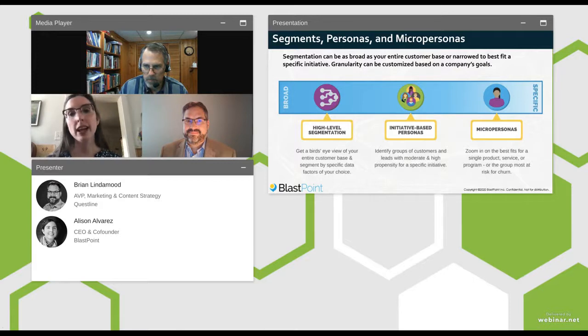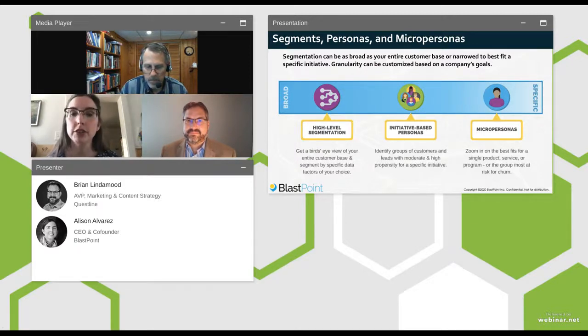So, we're looking at things in the big sense to the small sense. So we want to think about using segmentation for every single touch point. I think a lot of our customers approach things from that high level segmentation level. So they might already have a bird's eye view of what customers are and how they tick. We definitely operate in that way as well. But I think the place where we're really helpful is sort of down the line. So looking at things for initiatives. So you have internal goals that you have to meet. You have new services you want to put in place. You've got big goals, but they're tied to really specific things.